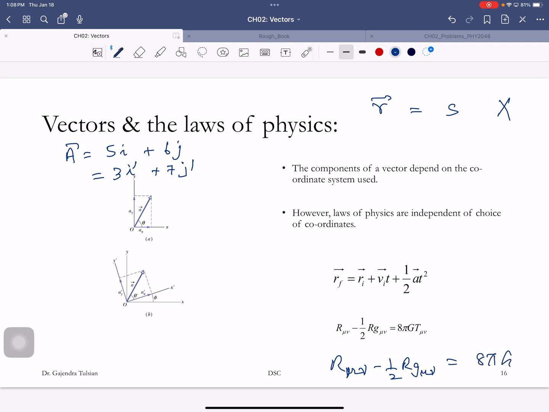If Einstein had written that, you wouldn't be talking about him. What is the problem with this? This is a 4 by 4 matrix, and now they're adding a scalar, a number. Do you understand? So this is a rank 2 tensor, a vector is a rank 1 tensor, a scalar is a